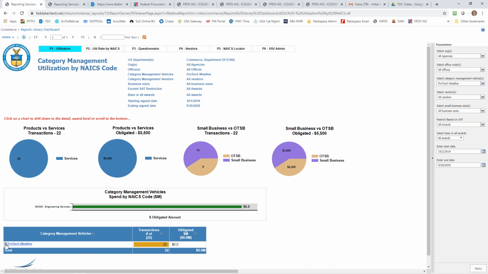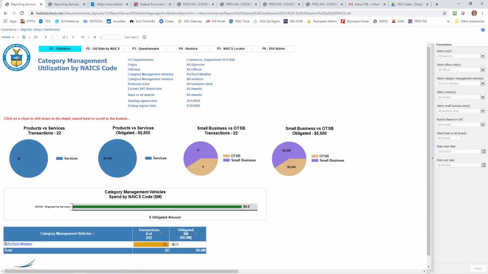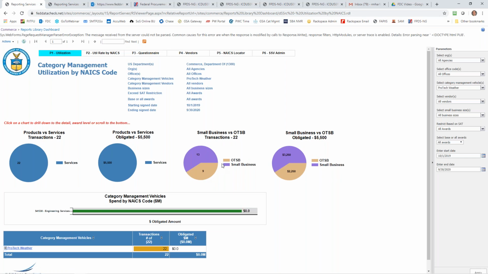So what this is showing is the number of transactions. It looks like we're just looking at the IDVs so far on ProTech Weather. We give you a breakout of the products versus services, and in this case they're all services. Transactions and dollars are broken out by OTSB and SB.